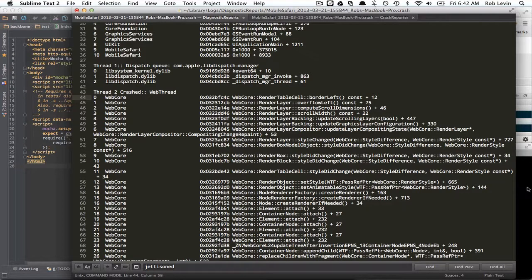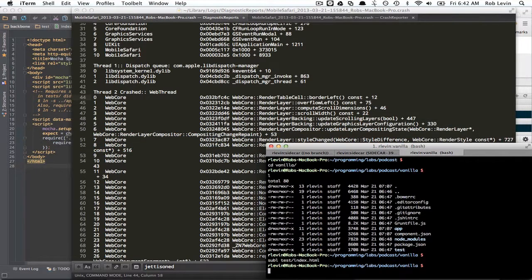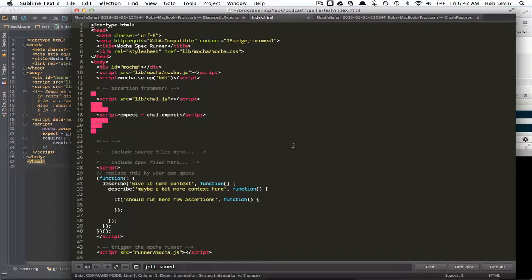Let's try that one more time. Why wouldn't that load? There it goes. Okay, so this is sort of like the boilerplate that you get when you say that, what did we say